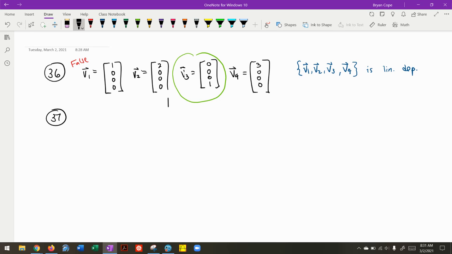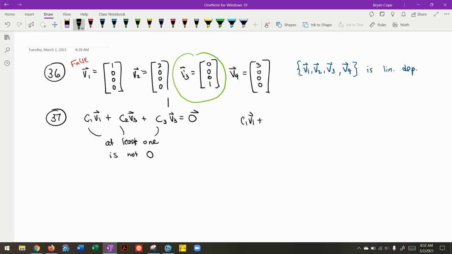So here's my explanation here. If the set of 3 is linearly dependent, that means that there exist scalars, not all 0, such that this is true. So this means that at least one of those scalars is not 0, right? Well, now let's add, so maybe let me note that. So at least one is not 0. Okay, so if we add a 4th vector into the set,